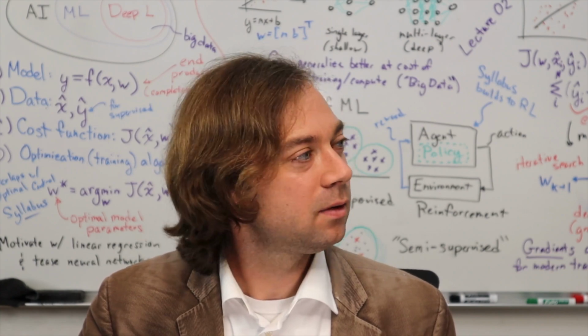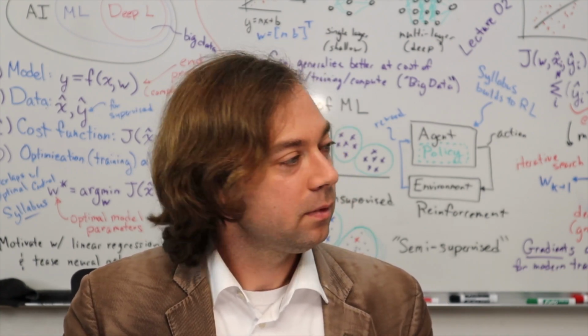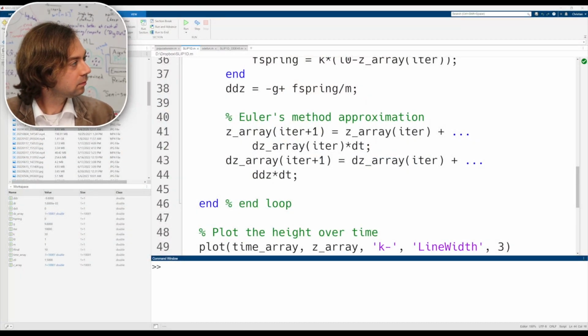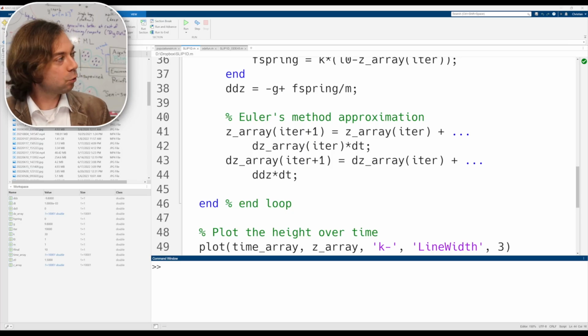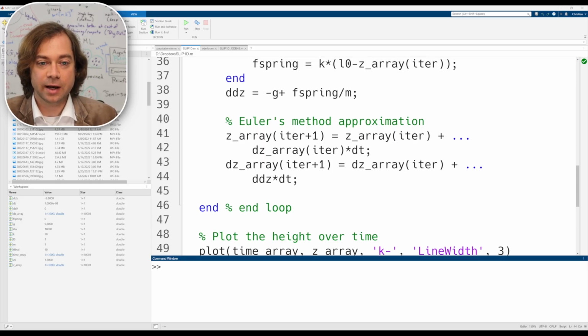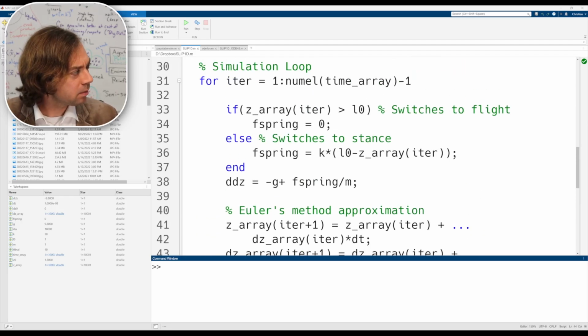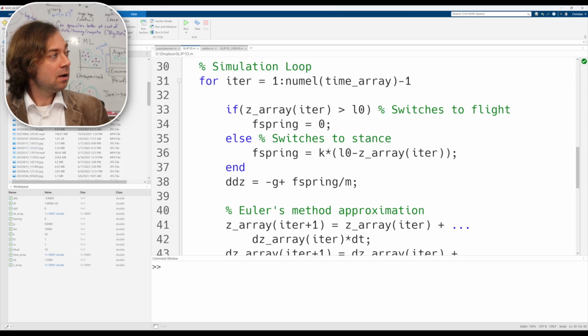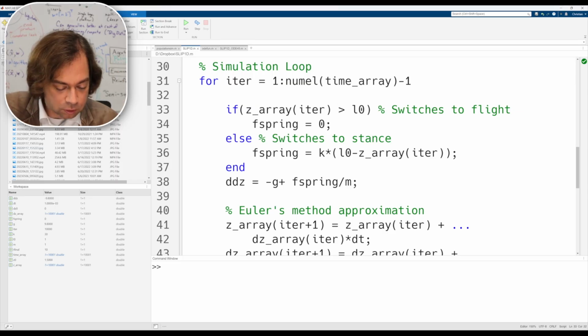Would you mind explaining why you chose the current value of z to be greater than L0 as the if statement that switches to flight? Oh, great question. So why did I choose this condition to be greater than or equal to flight? I forget, Autumn mentioned in the chat before that we don't have a maximum spring length, if my memory serves. So if I go to